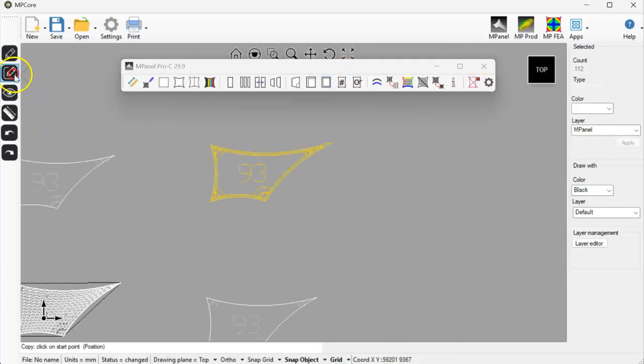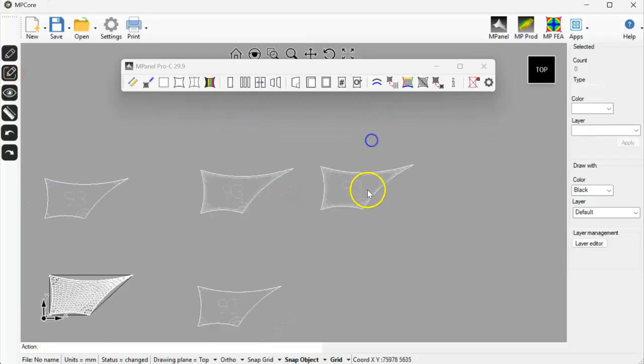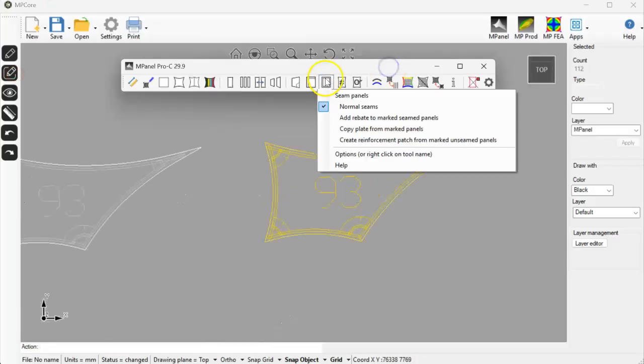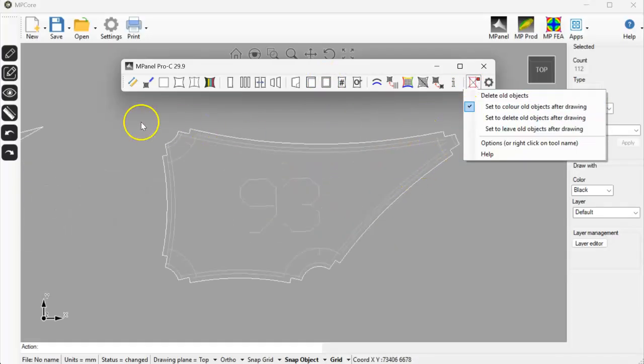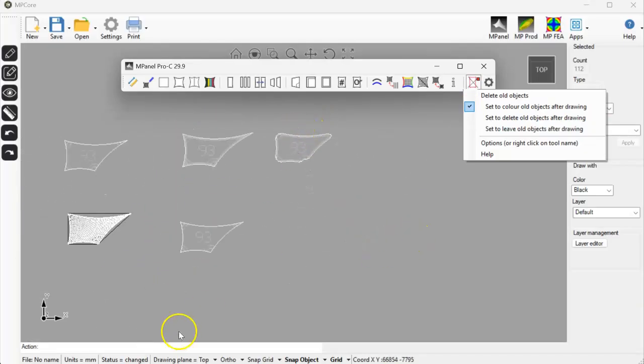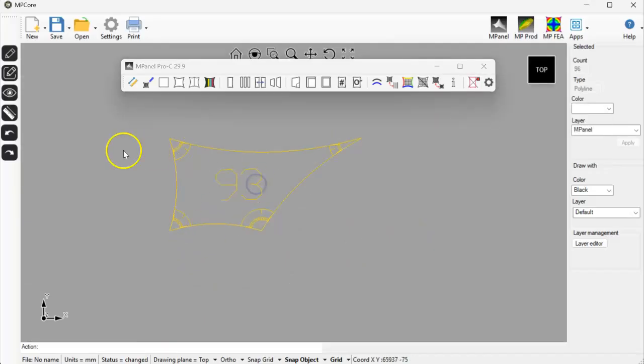We'll take another copy and using the seaming tool, we're going to add rebates. Delete old, and here's the panel ready to cut out with the cutouts for the clamp plates ready to go to the plotter. With the unseamed panel, we'll make 2 copies,